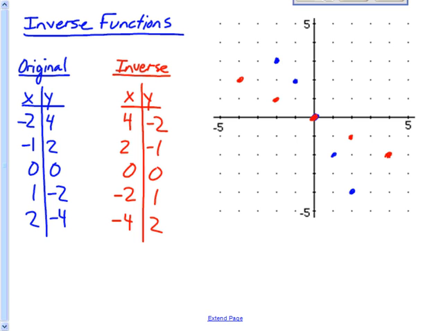So can you see how this original (-2, 4) ran over here to (4, -2)? That original (-1, 2) ends up being (2, -1). Of course, the (0, 0) stuck right there. That original (1, -2) hopped over there to (-2, 1), and that (2, -4) came over here to (-4, 2). Maybe if we had some more ordered pairs, it might be easier to see. But those are a reflection